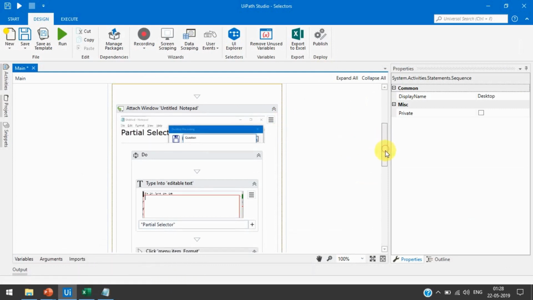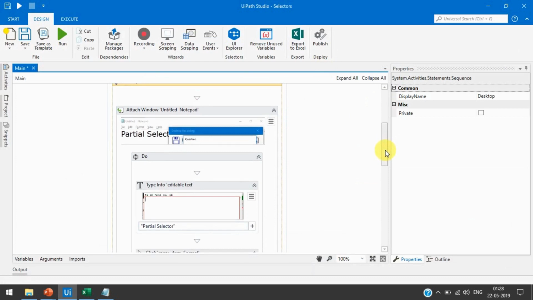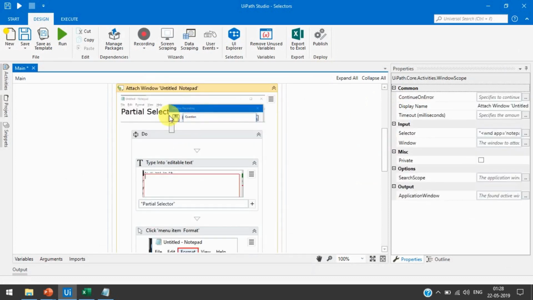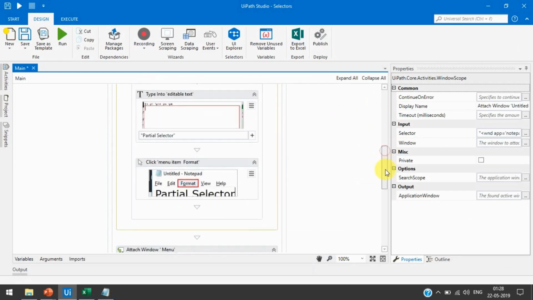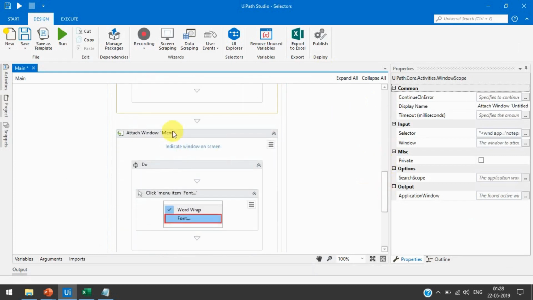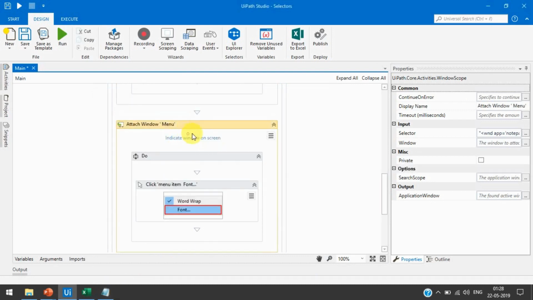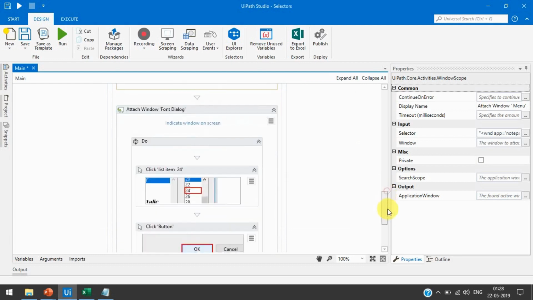Now you'll see here in the desktop recording, each window has different containers. Here we have opened the notepad, so there is one container. This is a container that is using attached window, and the second one is where we clicked on the menu, the format, then we selected this font. So this is also one type of container, that's why it has used a different attached window.